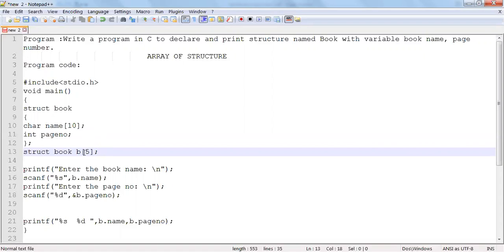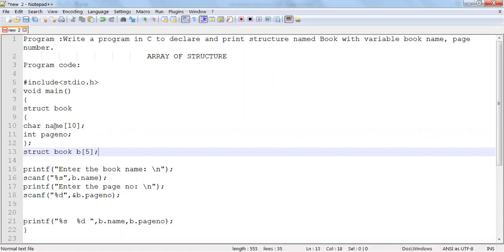These 2 variables are assigned for one book, and this contains 5 books. So if I ask what is the size of this B? There are 5 data, so the size is 5. This B will hold the data of 5 books, and one book holds name and page number. So for one index, what is the size?